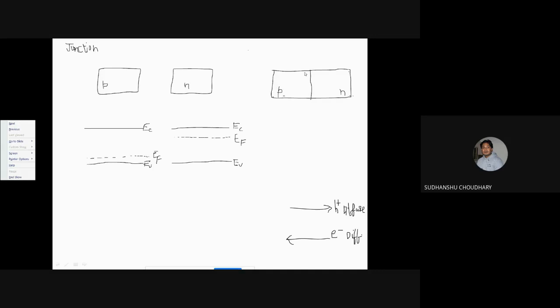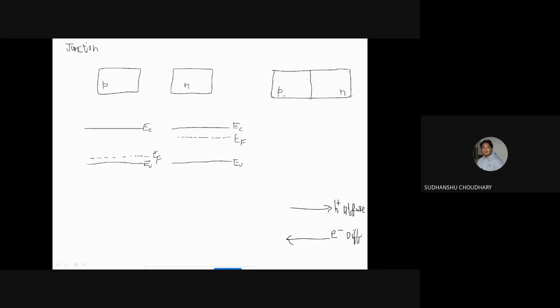And by considering the charge neutrality principle, we understand that total positive charges should be equal to total negative charges in the system. Now, because of movement of holes from P to N, some positive charges are lost. So to compensate for the loss of positive charges from the P side,